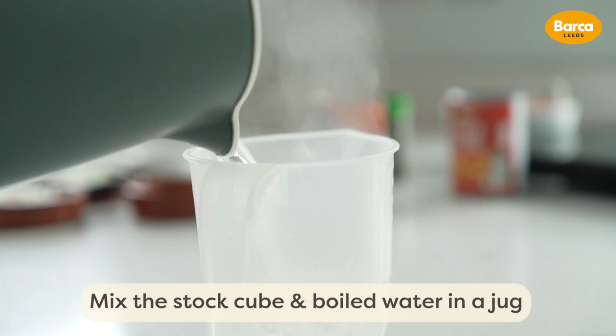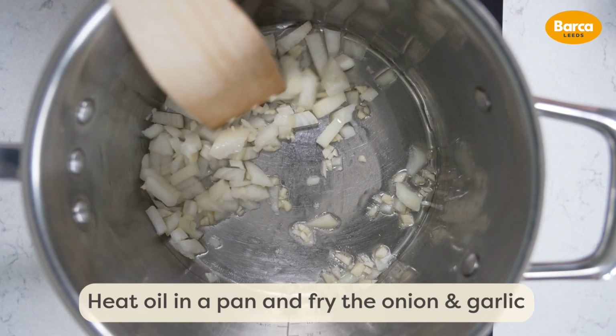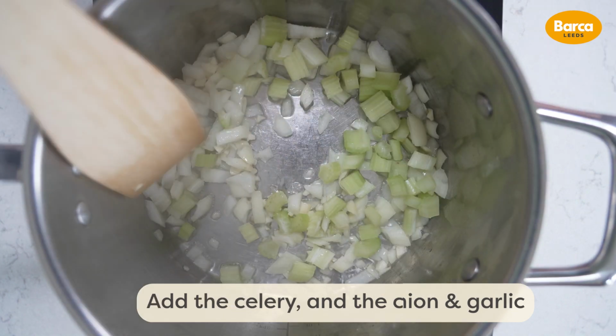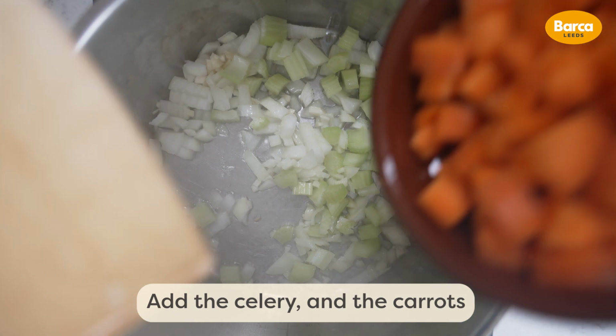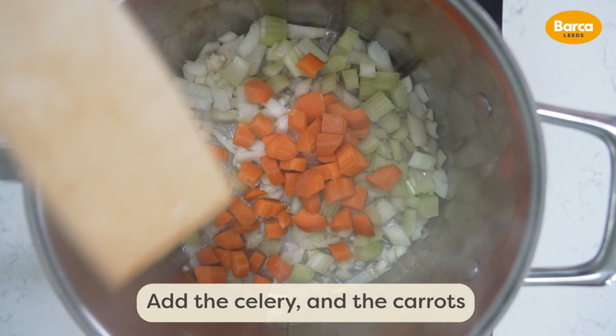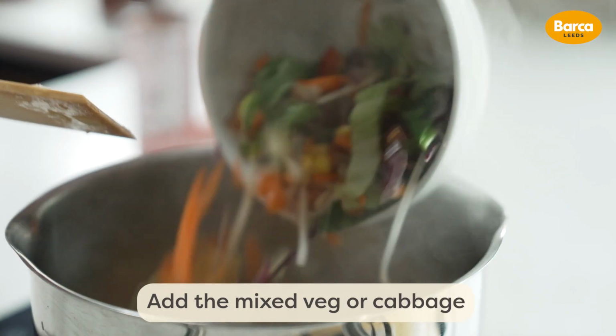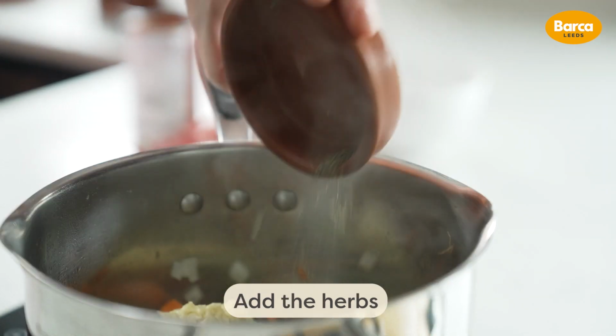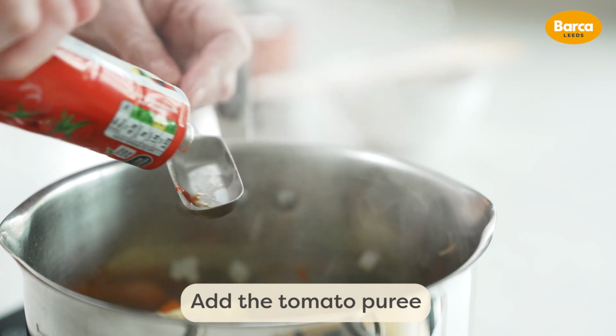Mix the stock cube and boiling water in a jug. Heat the oil in a pan and fry the onion and garlic. Add the celery and carrots, and then add the mixed veg or cabbage. Add the herbs, add the tomato puree,